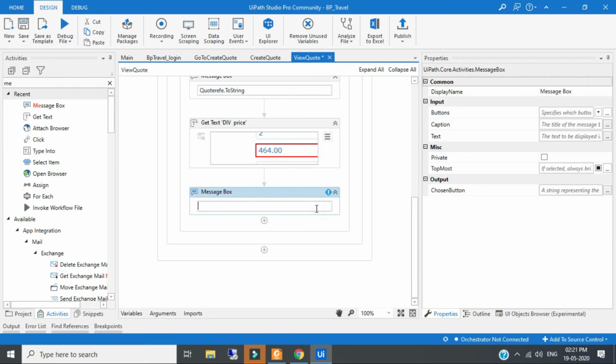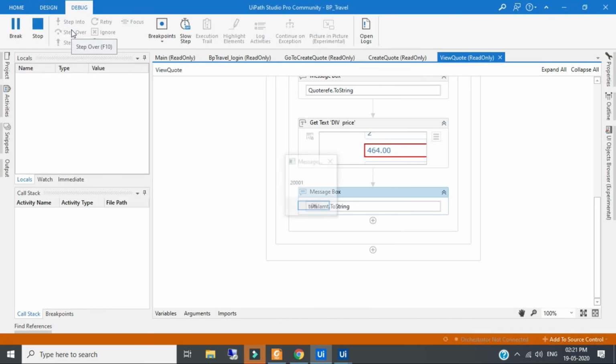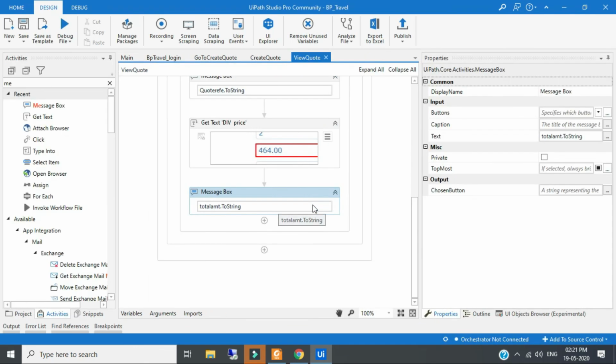I will display that variable here, total. I will give the variable name dot ToString. I will save it and let's run. So yeah, it is displaying the message here, as you can see. So yes, it is working fine.